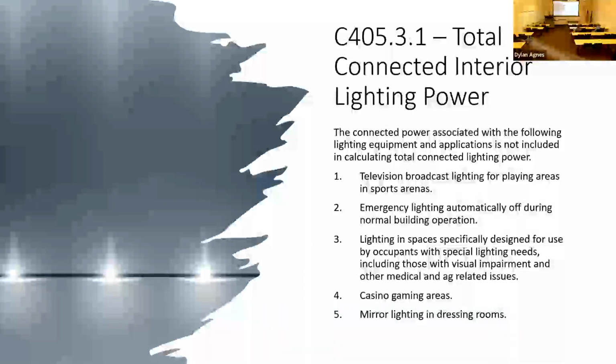So television broadcast lighting for playing areas in sports arenas. Emergency lighting automatically off during normal building operations. Lighting in spaces specifically designed for use by occupants with special needs or impairments, mostly medical or agricultural. Casino gaming areas, that's a big one that I don't know how they got away with. They lobbied pretty hard, I guess, for that one. So yeah, casino gaming areas, all that light, you don't have to count it. You do have to count the general lighting though, okay? So this is like all the accent and all the fancy lights and the slot machines and stuff like that, that doesn't